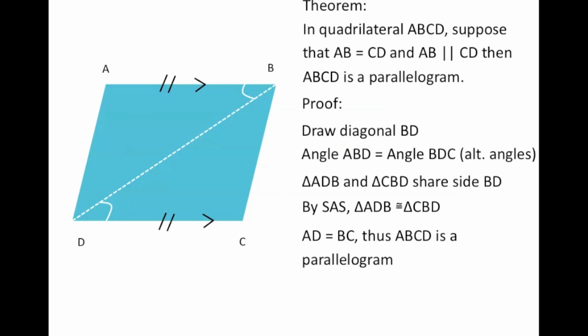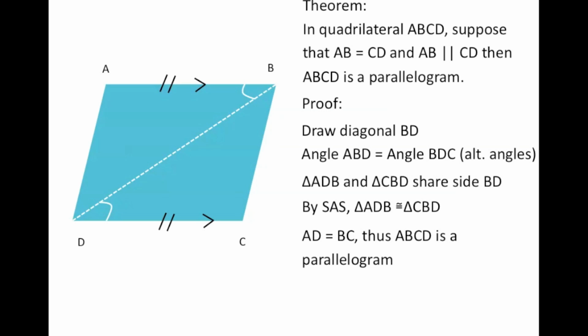Now if you remember, the definition of parallelogram is a quadrilateral with opposing sides that are parallel. But here we're saying that AD is equal to BC, which is enough to say that the quadrilateral is a parallelogram. And the reason why we didn't go further and try to show that AD is also parallel to BC